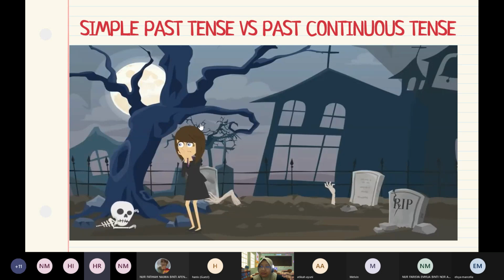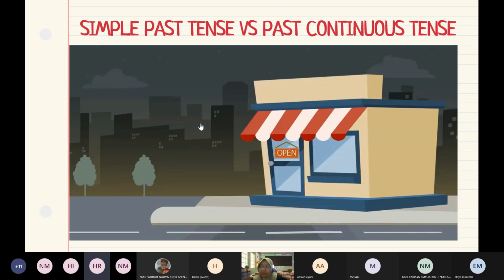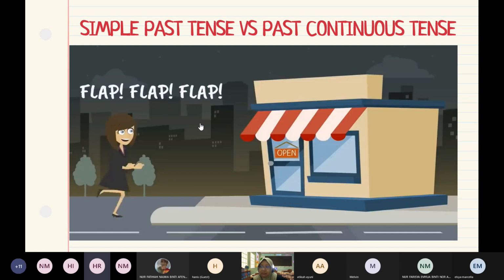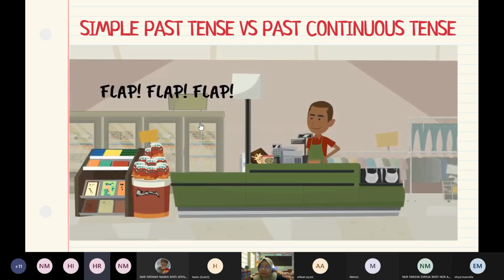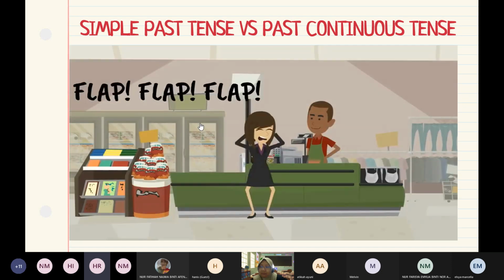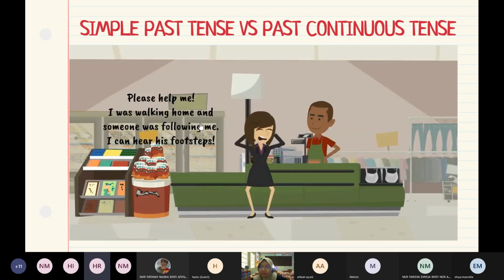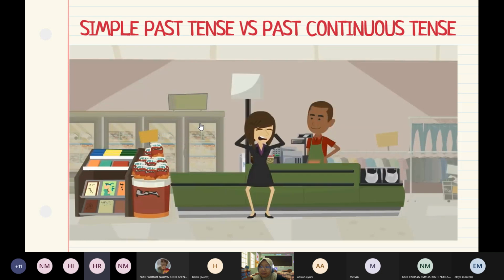She can go there for help. She quickly ran to the store. She went inside and begged the man for help. But the man said to her,